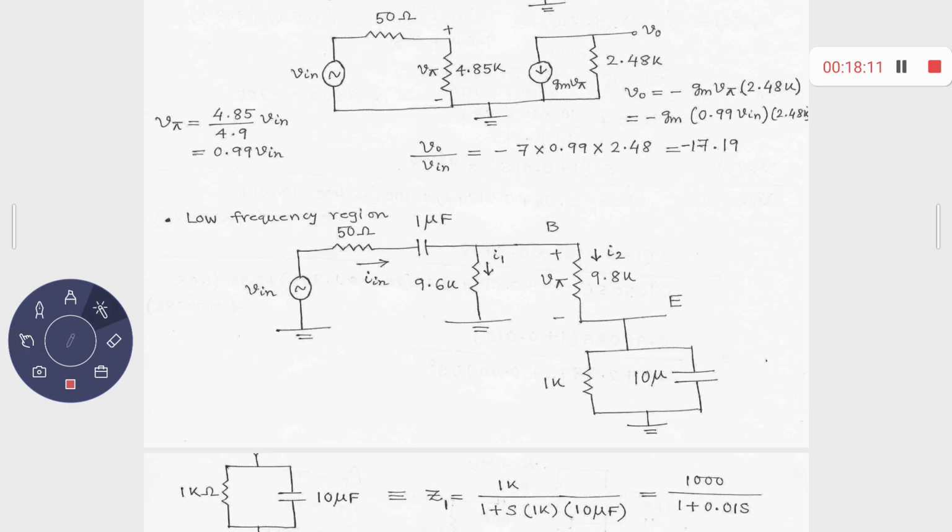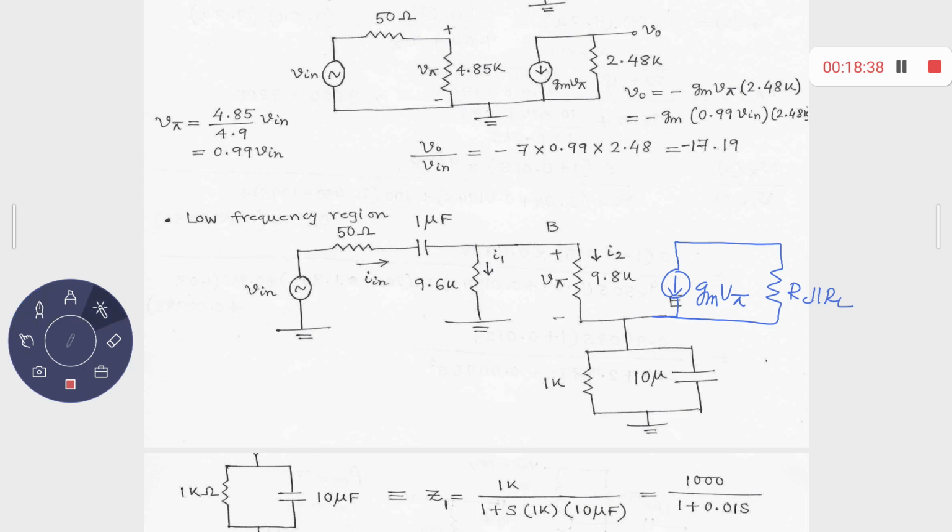GM pi is there on that side. You have GM pi on that side, right? It's a short circuit. No, it is there, but I have not drawn it. That is not required for this timing. That is obviously there. You have this GM pi, you have this RO parallel RC parallel RL. So all the parts are there, but we are interested in finding out what is the amount